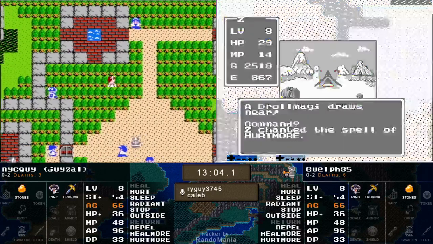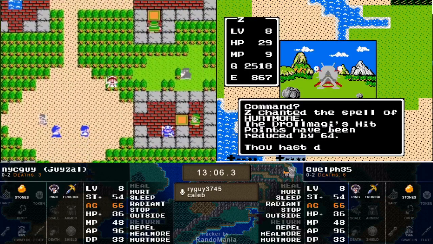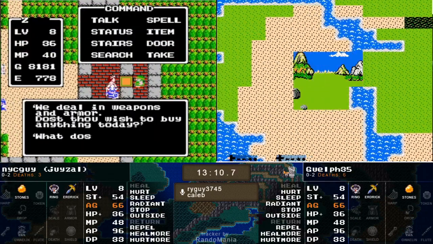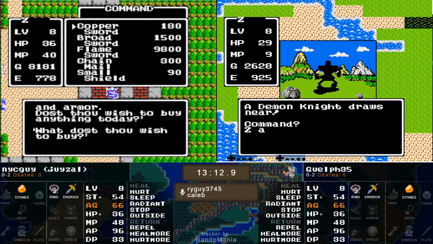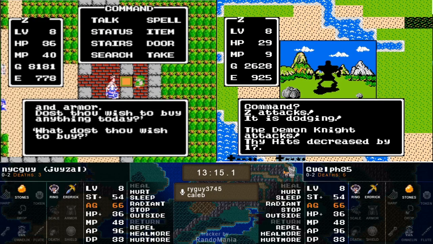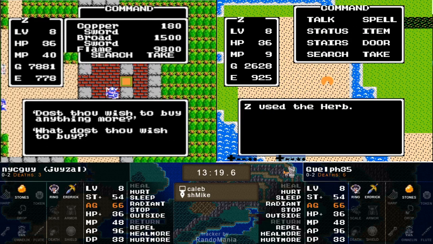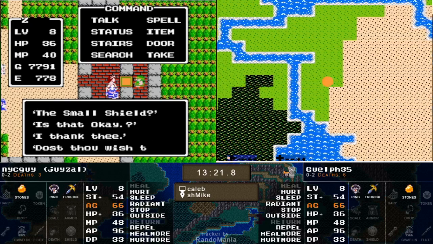And nycguy has a death necklace. This introduces a lot of interesting things. Let's see what's at the shop here, and we'll get into the interesting things that could happen here. Ooh, so yeah, Z points out in chat, the death necklace is interesting in several ways. First of all, the death necklace,